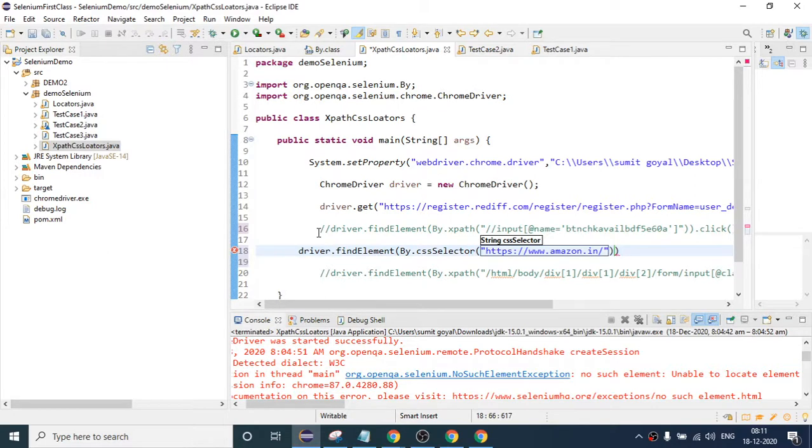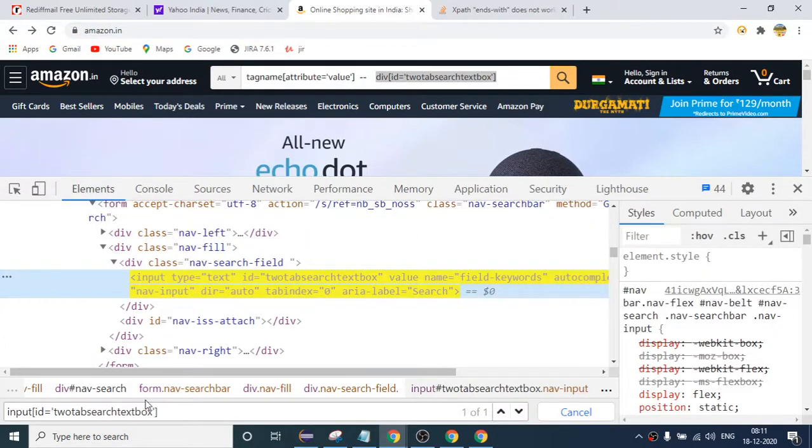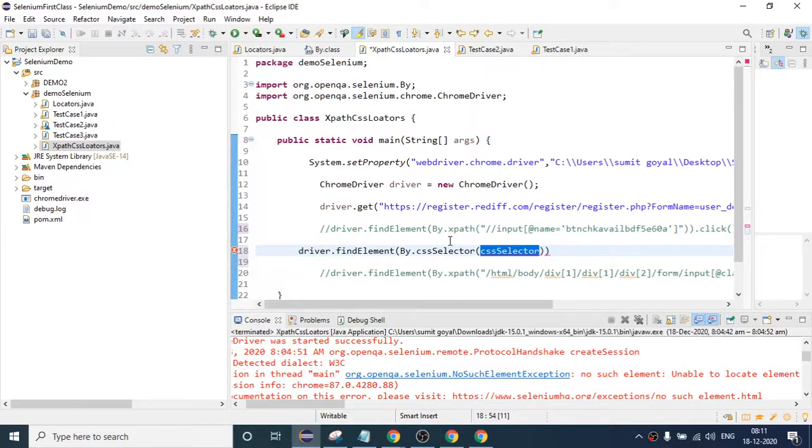This is my CSS. So let me copy from here. Copy this CSS selector and paste it here.